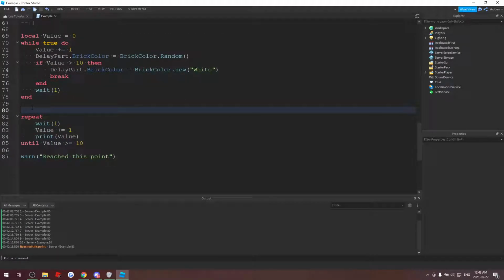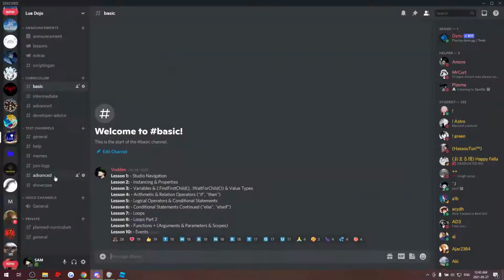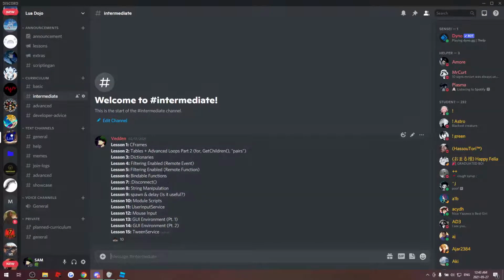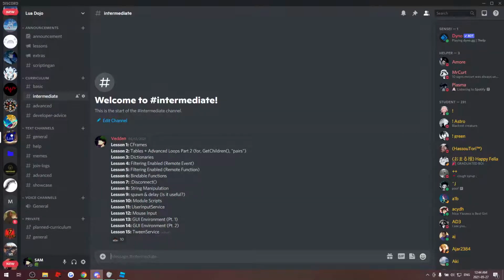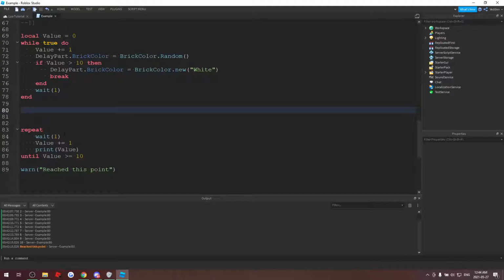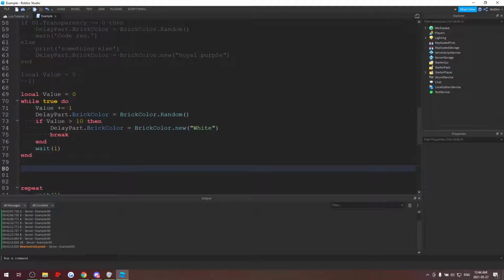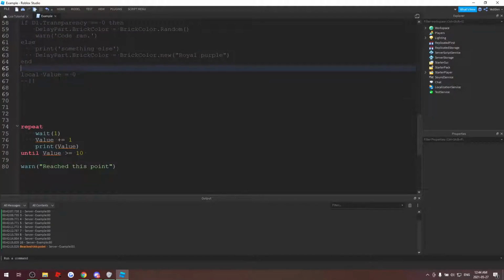Okay. So the next is a for loop. There are multiple ways for loops work. This is probably going to be a part 2 for this loop, actually. It's advanced loops part 2. So there's going to be more specifically on for loops. So the way for loops work is,